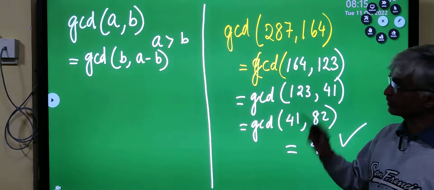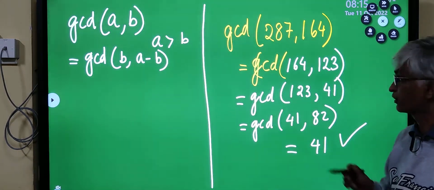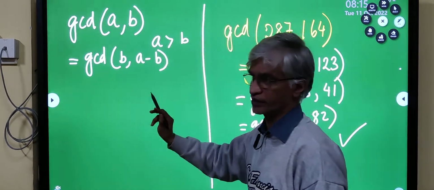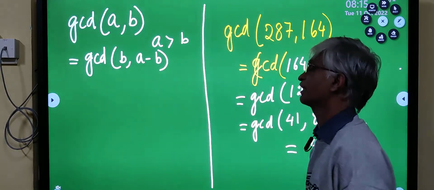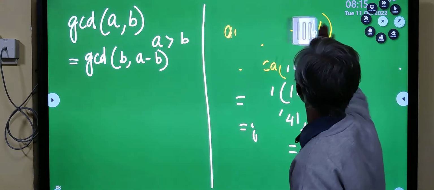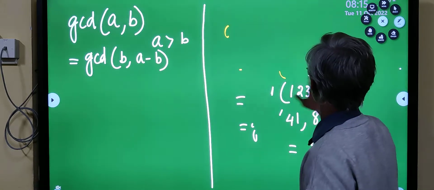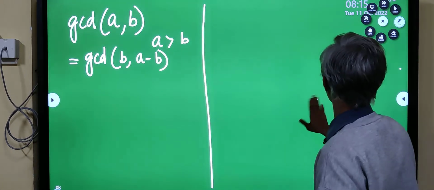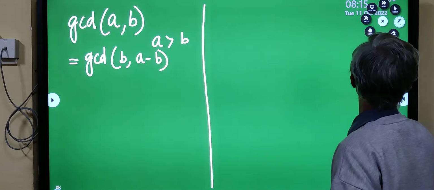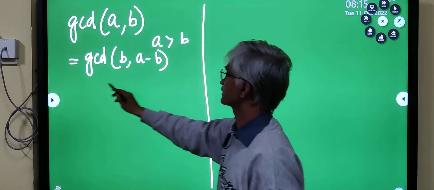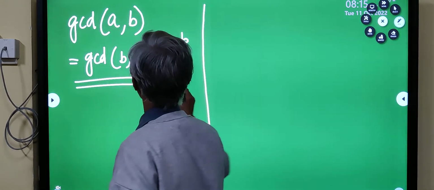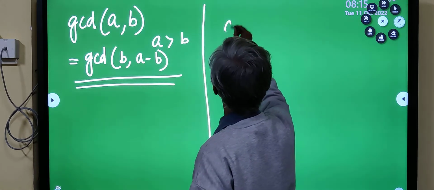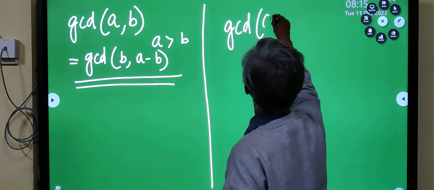Now before we look into Euclid's second algorithm, which is really the powerful one, let us try to see why. It's very easy to explain why it works. So let us have a look at that. Let us quickly give a proof of why this algorithm works, and in other words what we have to prove is this particular statement. How do we prove this? So let's look at it. The way we will prove this statement is,